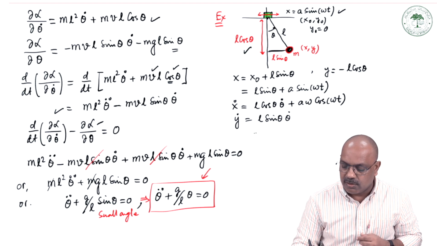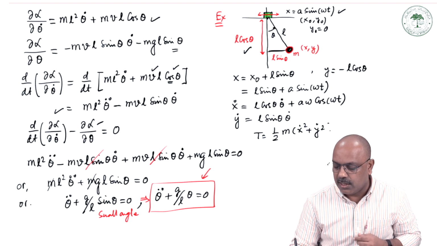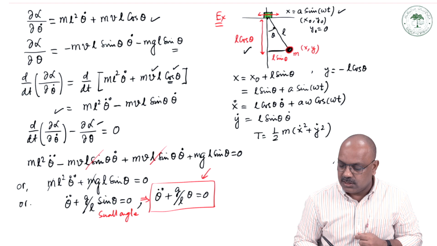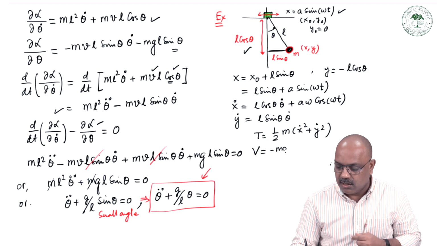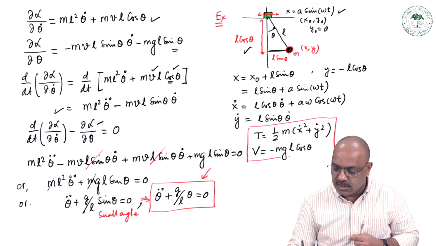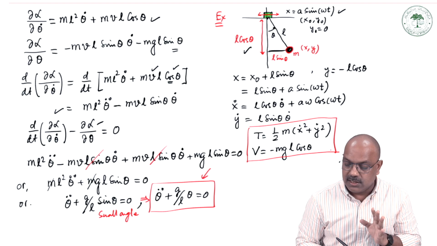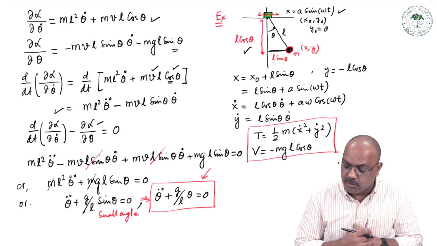and then you can write your kinetic energy as half m times x dot square plus y dot square, and the potential energy is the same, minus mgl cos theta. So once you have your kinetic energy and the potential energy, you can write your Lagrangian, and because only one generalized coordinate is there,